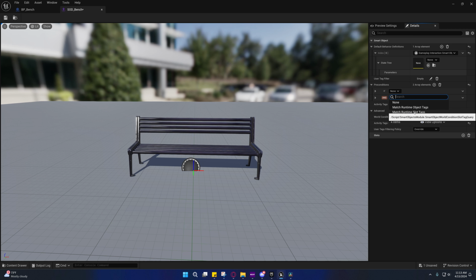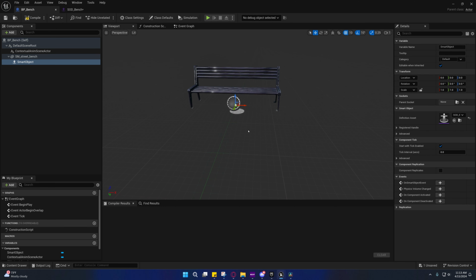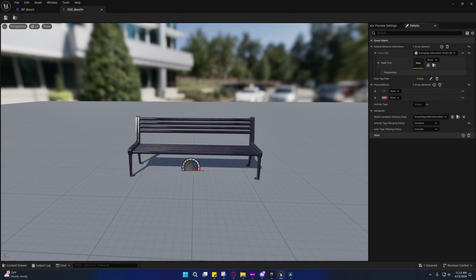We can match the runtime slot tags, match the object tags, the runtime object tags, or match the gameplay tags on the smart object actor. And this one is what it means by smart object actor. This is the smart object actor, whereas